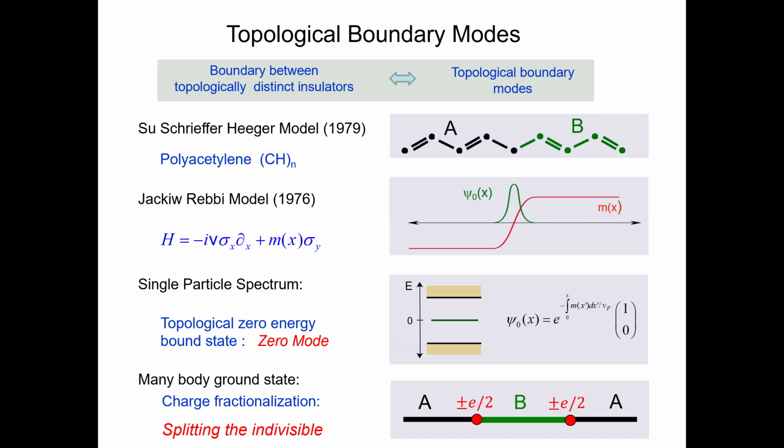Real polyacetylene has another thing going on, which is that it has electrons that can be either spin up or spin down. What that means is that in real polyacetylene, there are going to be two zero modes, one that could be occupied by a spin up electron and one that could be occupied by a spin down electron. So there are two copies of this. I can have plus a half spin up or minus a half spin up, and plus a half spin down or minus a half spin down. So I could have a charge e with no spin, or I could have a charge 0 that has a spin.